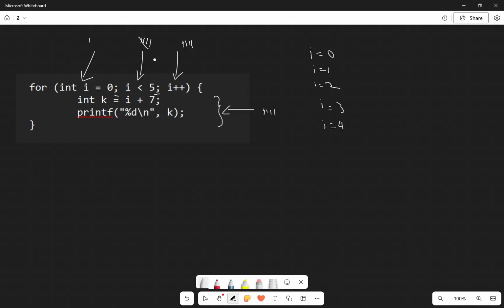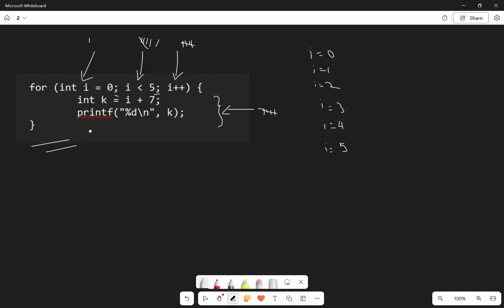Because it's true, body gets executed, then it gets incremented. Now i is 5. So it checks for the condition again, but this time it's false, so the for loop